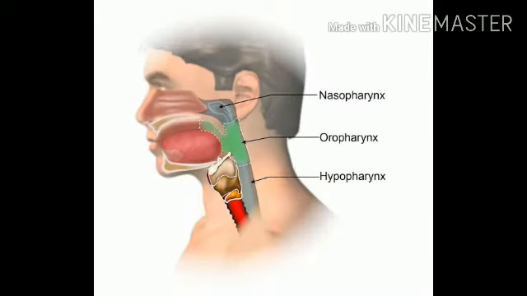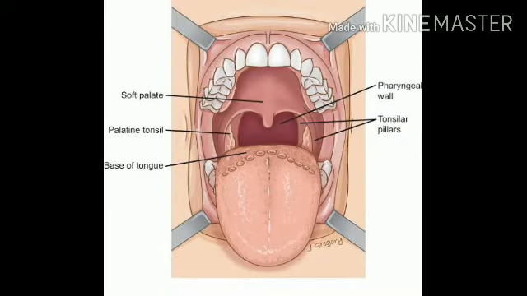The oropharynx lies opposite the oral cavity, with which it communicates through the oropharyngeal isthmus. The oropharyngeal isthmus is bounded by the soft palate above, the upper surface of the tongue below, and the palatoglossal arch on either side. There are two types of tonsils in the oropharynx. They are the palatine tonsils, in the lateral wall, and the lingual tonsil, which covers the posterior surface of the tongue. Stratified squamous epithelium lines the oropharynx.